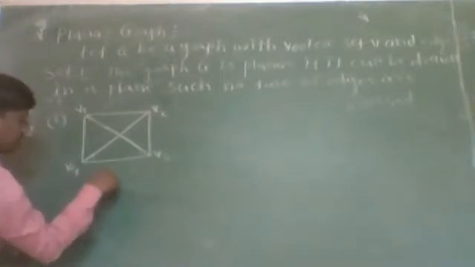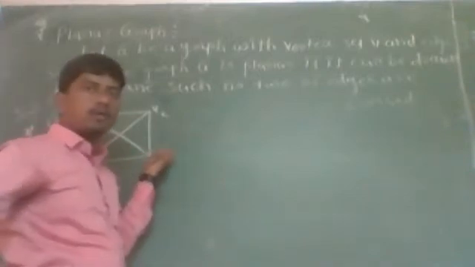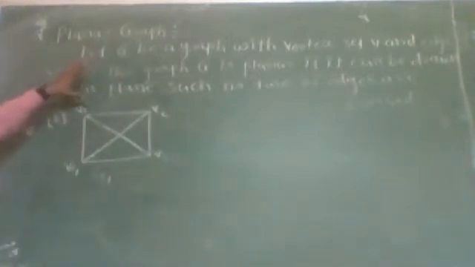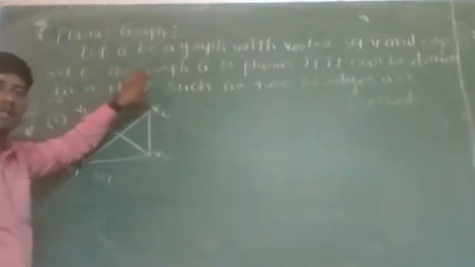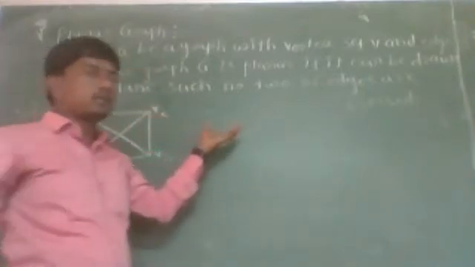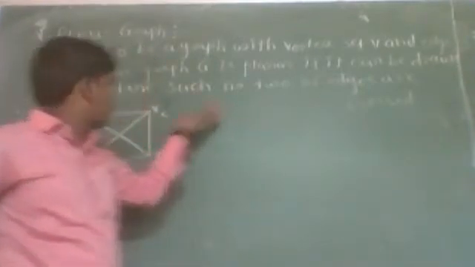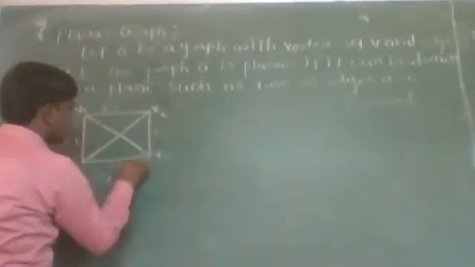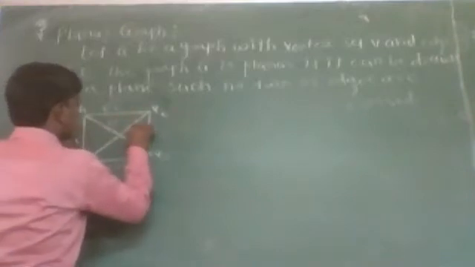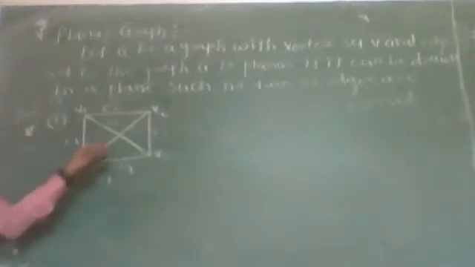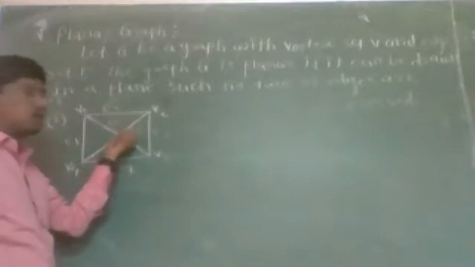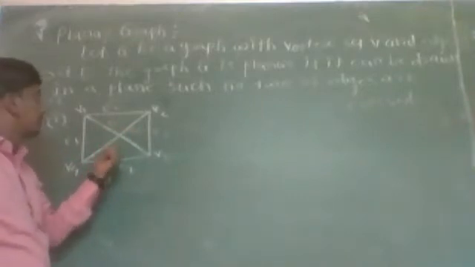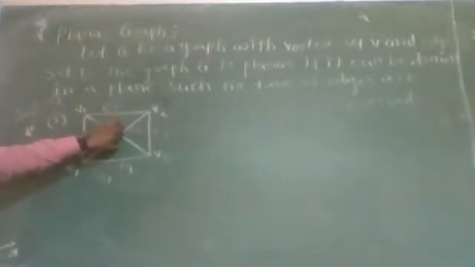this one is the graph G1. Now we have to check whether this graph G1 is a planar graph or not. By definition of planar graph, any graph G is said to be a planar graph if it can be drawn in a plane in such a way that no two of its edges are crossed. Let's suppose these are E1, E2, E3, E4, E5 and E6. Here, edges E5 and E6 cross each other. But from this, we can't conclude that the graph G1 is not planar,